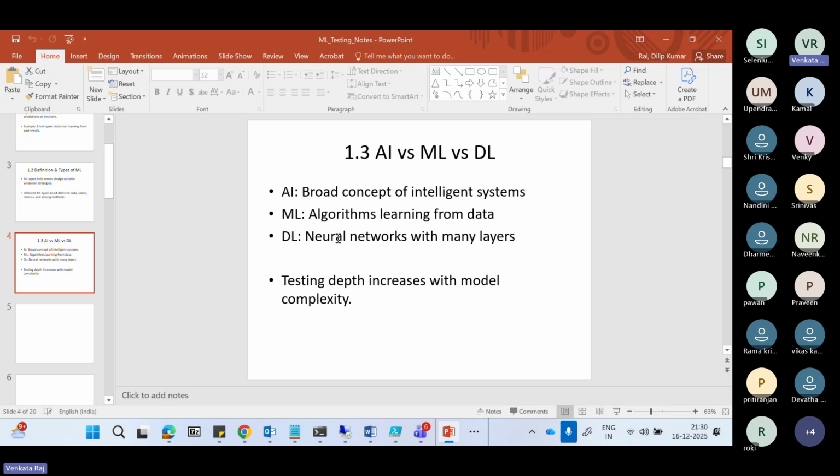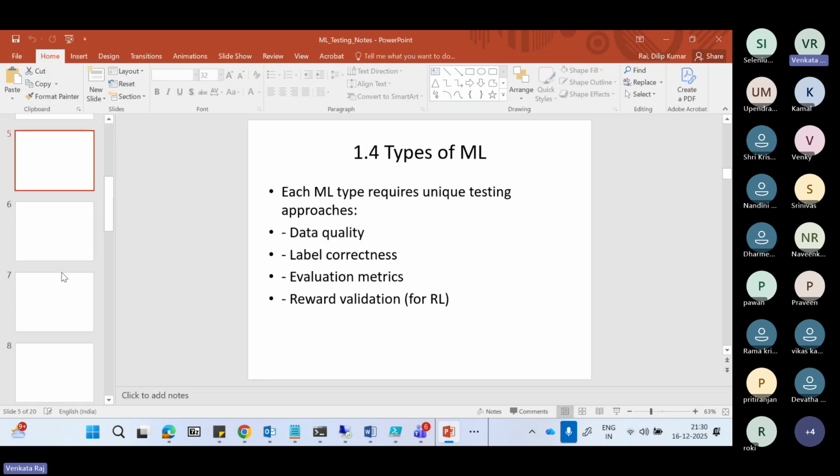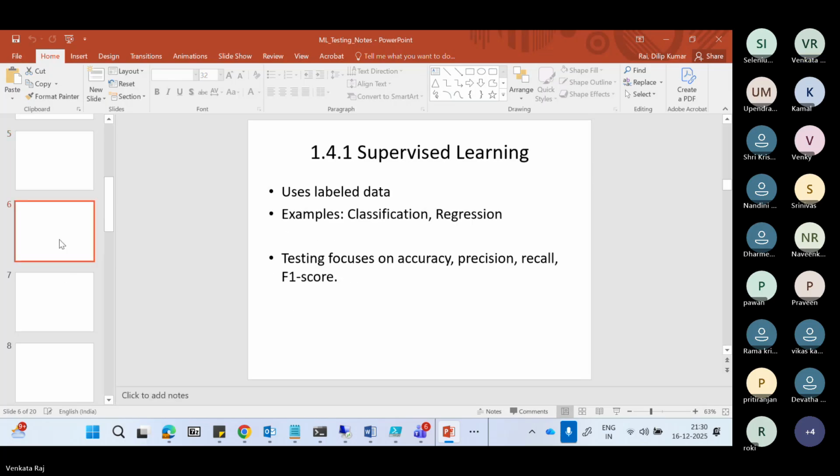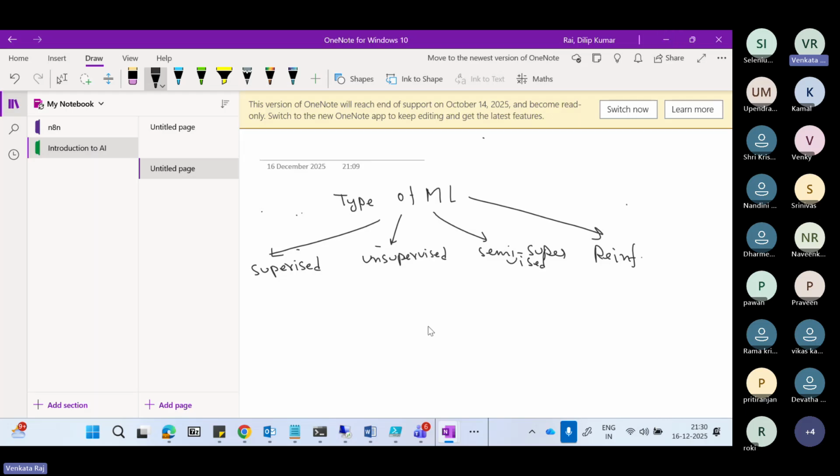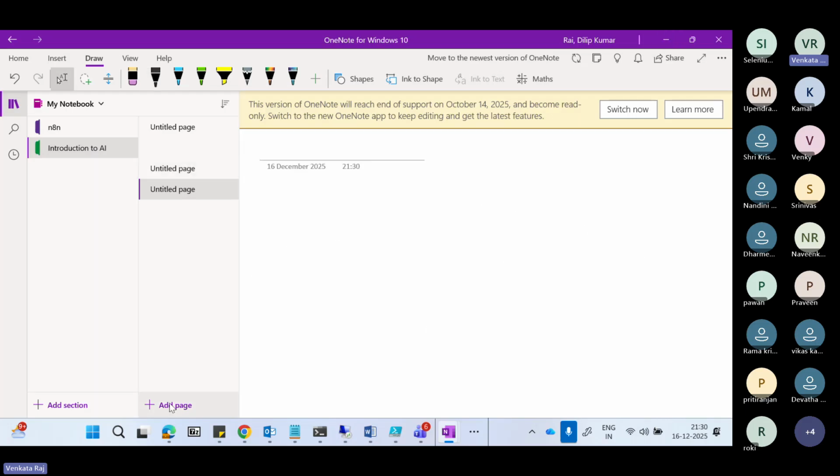So algorithms learn from data, neural network. This I have already explained. Now we'll start with supervised machine learning. So first is